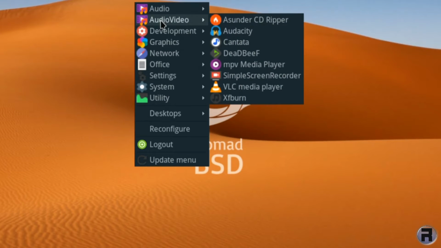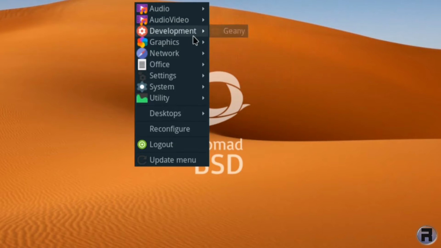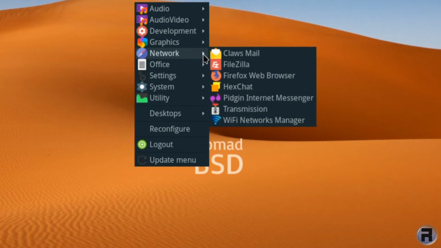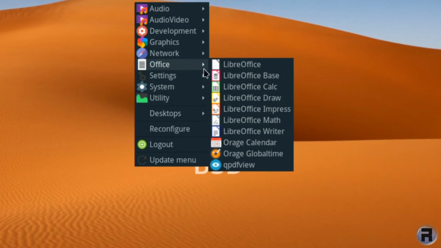occasionally you get DSP mixer, Asunder, Audacity, Cantata, Deadbeef, MPV Media Player, Simple Screen Recorder, VLC, NSF Burn. Simple Screen Recorder by default now, which is pretty cool. Geany, GIMP, GTCam, Mirage, Xane, Claws Mail, FileZilla, Firefox, HexChat, Pidgin, Internet Transmission and Wi-Fi Manager. You get LibreOffice, Base, Calc, Draw, Impress, Math, Writer, and Orage Calendar and Global Time, QPDF View,